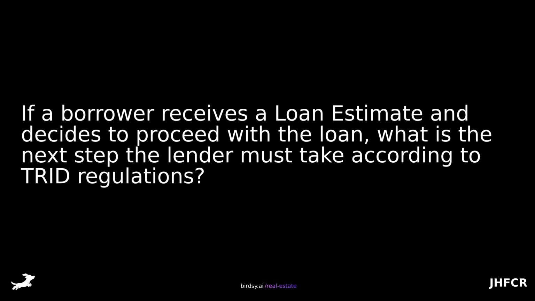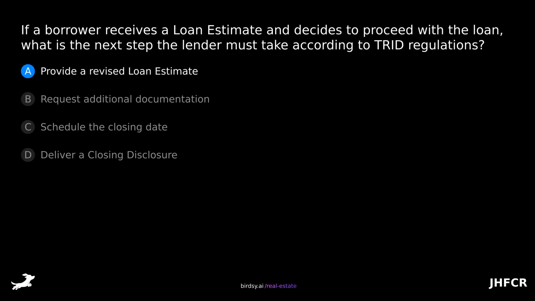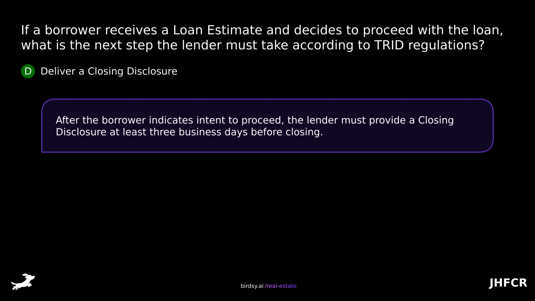credit terms. If a borrower receives a loan estimate and decides to proceed with the loan, what is the next step the lender must take according to TRID regulations? Is it A, provide a revised loan estimate, B, request additional documentation, C, schedule the closing date, or D, deliver a closing disclosure? The answer is D, deliver a closing disclosure. After the borrower indicates intent to proceed, the lender must provide a closing disclosure at least 3 business days before